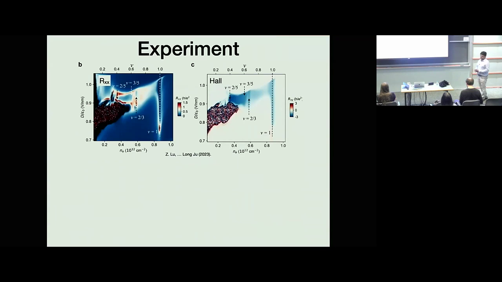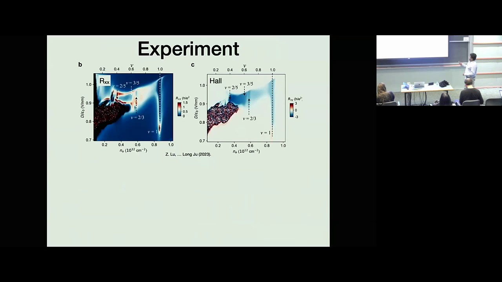But in experiments, what Long and his group see is a clear indication of a Chern insulator. So this is a function of the density of electrons. This vertical line is one electron per moire unit cell, and this is the strength of the electric field that's being tuned. These fields are typically larger than what people used before for these multilayer graphene sheets. And there's a very clear insulator over here, which has a quantized Hall conductance. There are also these fractional features that I'll talk about later.